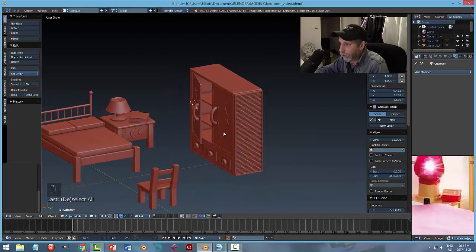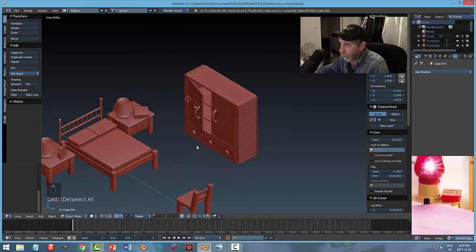I think it looks cute. It's the theme. It's a little repetitive, but